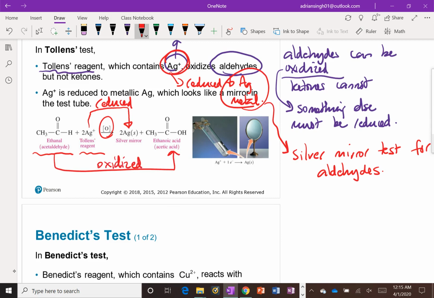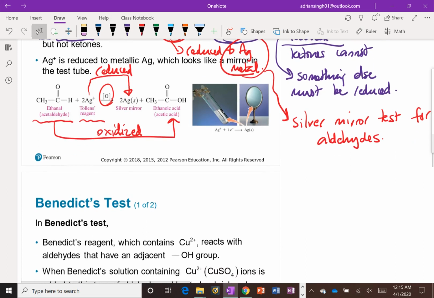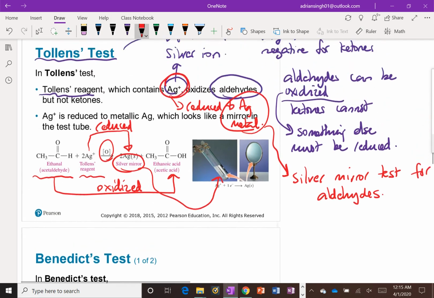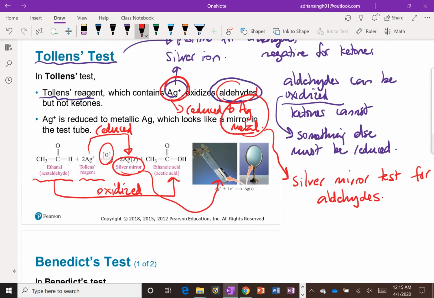So you have both oxidation and reduction happening simultaneously, and we actually do see that silver mirror. It's quite distinct, and it's kind of hard to mistake the positive silver mirror test. It's positive for aldehydes because aldehydes can be oxidized, but it's negative for ketones because